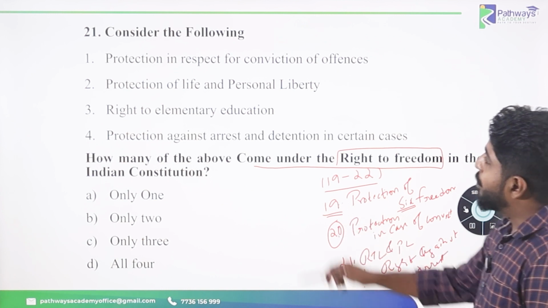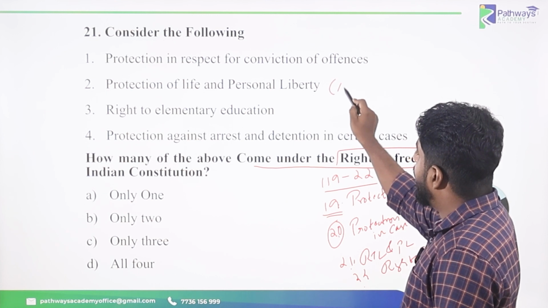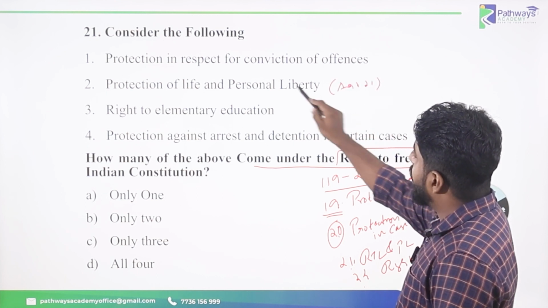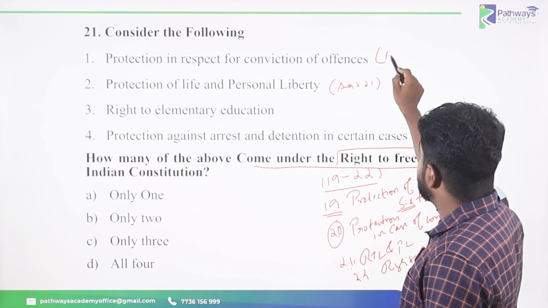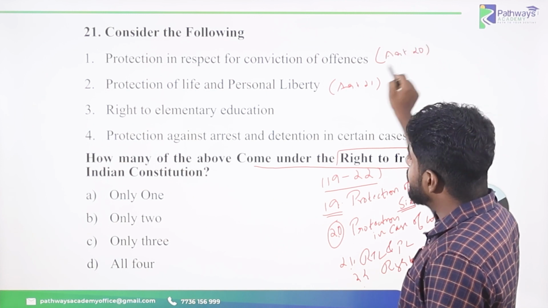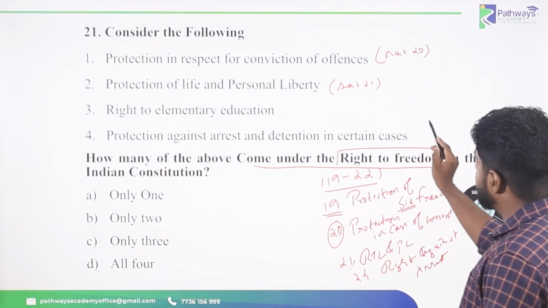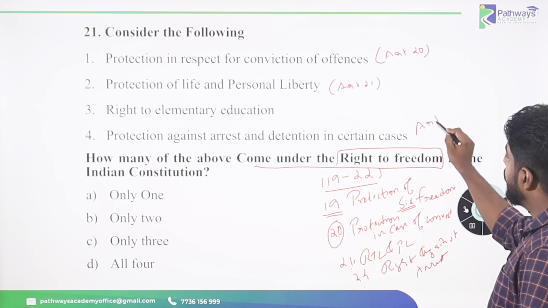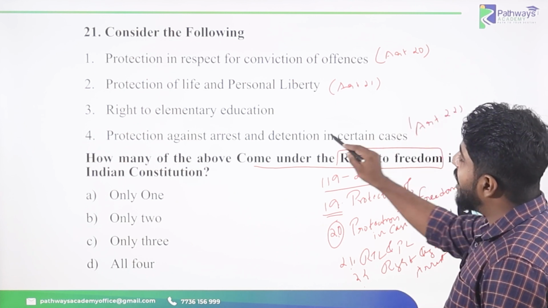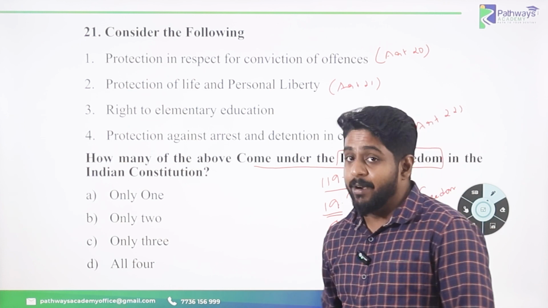So protection of life and personal liberty, article number 21. Protection in respect of conviction of offences, article number 20. Protection against arrest and detention in certain cases, article number 22. Sir, but what about the right to elementary education? Yes, sir. In fact,